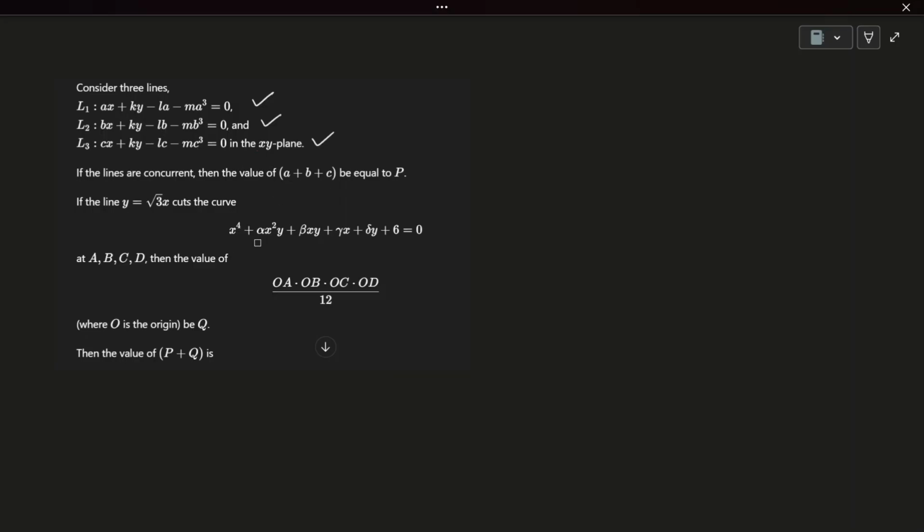And the question is, if you see this equation, it's a quartic equation or biquadratic equation. So how many roots will it have? It will have four roots. Right, you know that